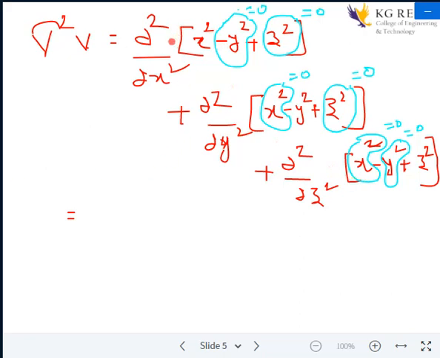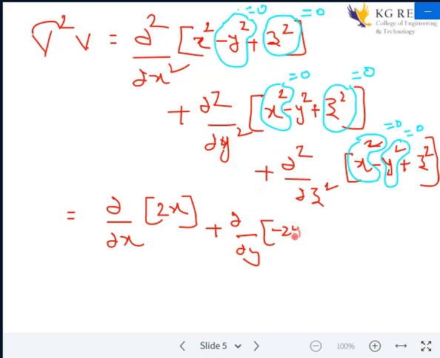So in this, I am doing it for one time. Let me take the red color. ∂/∂x means I am taking one partial derivative of x², so ∂/∂x of x² will become 2x. Even here, for ∂²/∂y², I am doing it one time, so ∂/∂y of y² will become minus 2y. Plus ∂/∂z, one time with respect to z², it will become 2z.